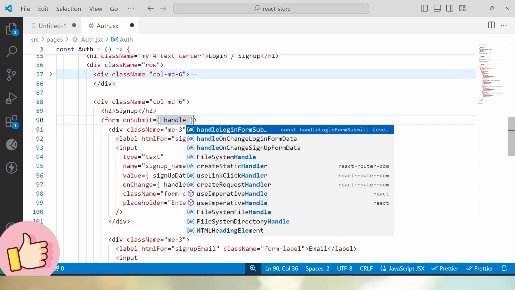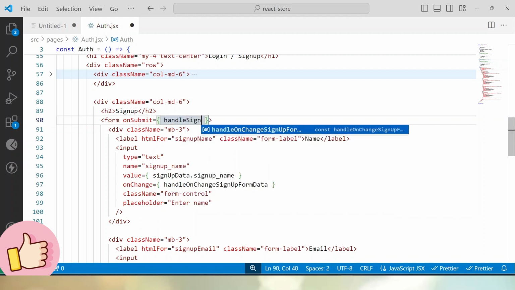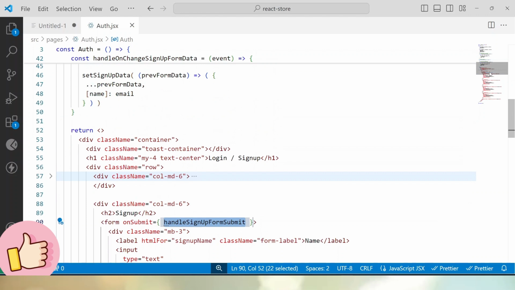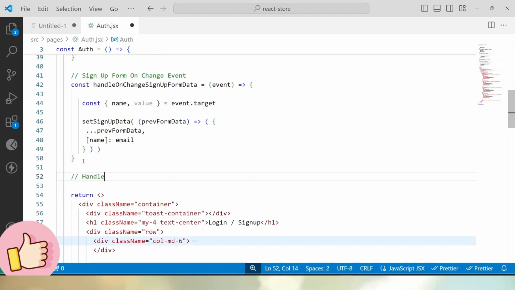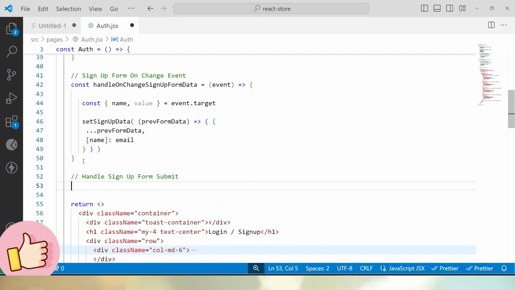Let's call it handle sign up form submit. Let's copy this event handler name, go at the top here, and say handle sign up form submit. Then after, let's say const event handler name, event object,